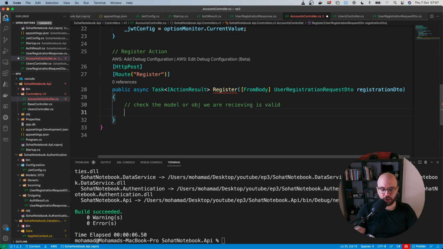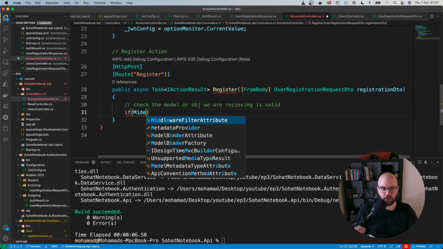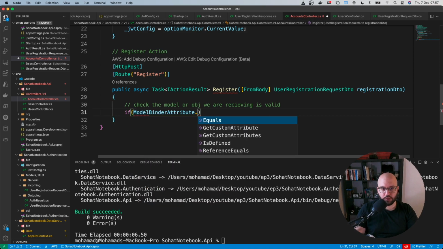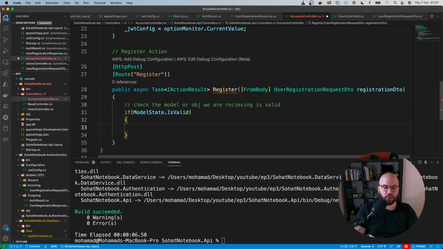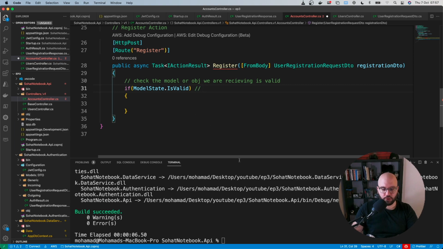So how do we do that? It's very simple. If ModelState.IsValid, so if it is valid, we'll continue. Else, what we're going to be doing is we're going to be returning an error. So else, let's put here